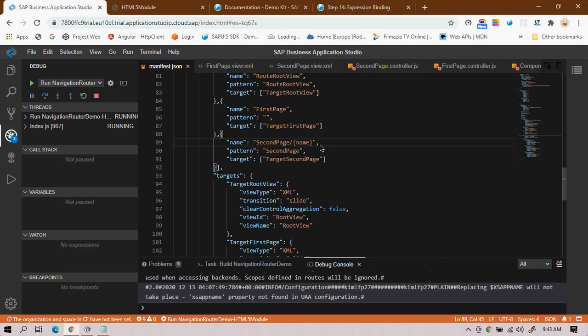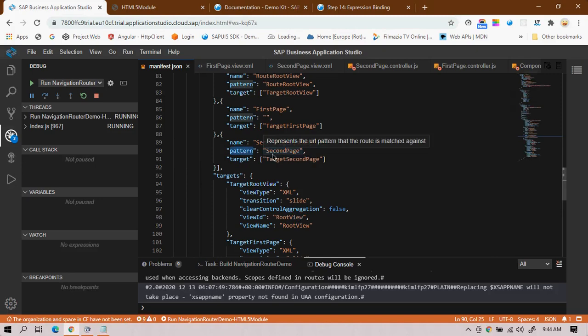Yes. Okay. So name and pattern are two properties, right? Is it the name values displayed in the URL, or the pattern values? Pattern values. Yes, pattern values.